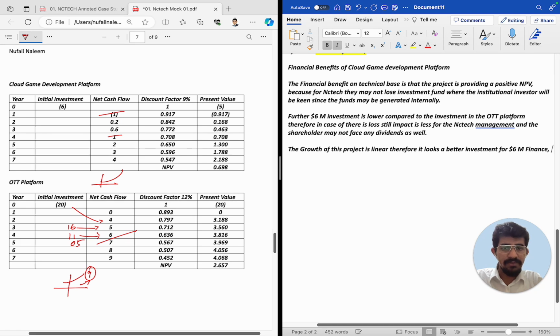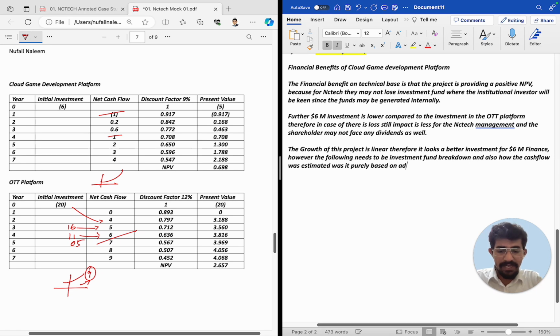But now I'm going to ask some questions. However, the following factors need to be provided. Skepticism needs to be provided. Investment fund breakdown. What are they doing with that? Also how the revenue or the cash flow was estimated. Was it purely based on advertisement revenue, or any subscription, or any partnering with the game